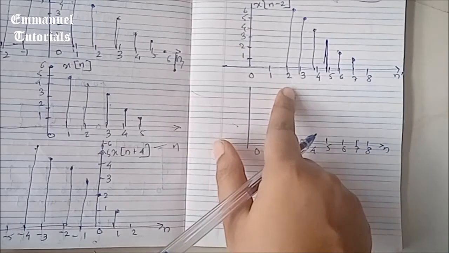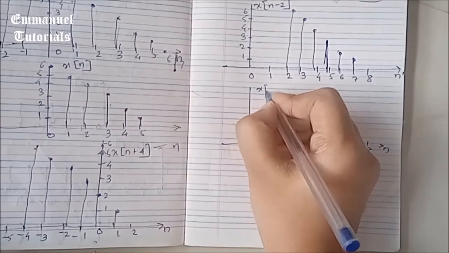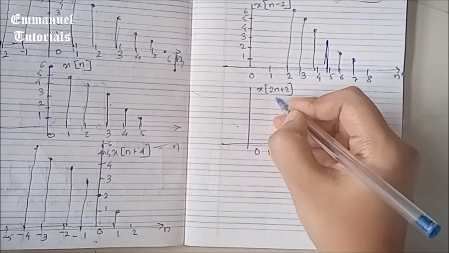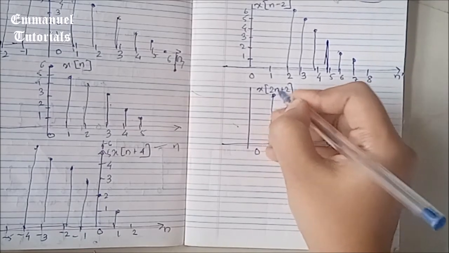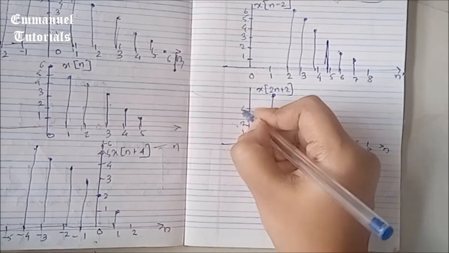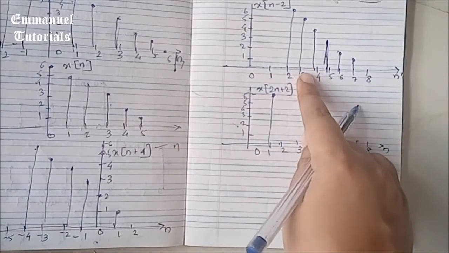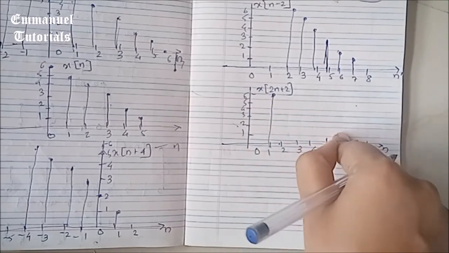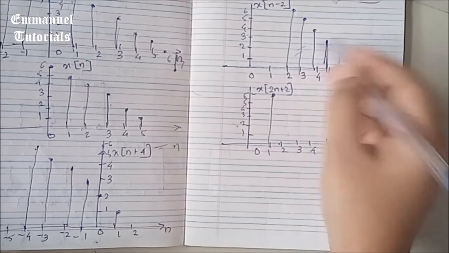The signal at 2 will appear at 2 divided by 2 because we are doing scaling by 2, right? So it's going to appear at 2 divided by 2, which is 1. So that point appears on our resultant signal. So we draw it with amplitude 6. Signal at 3 should appear at 3 divided by 2, which is 1.5. But 1.5 doesn't appear on our discrete time axis. So that will be eliminated.